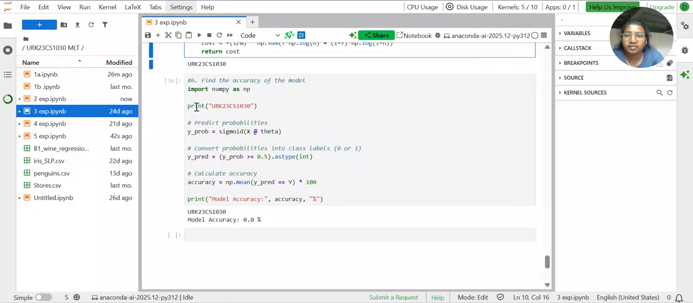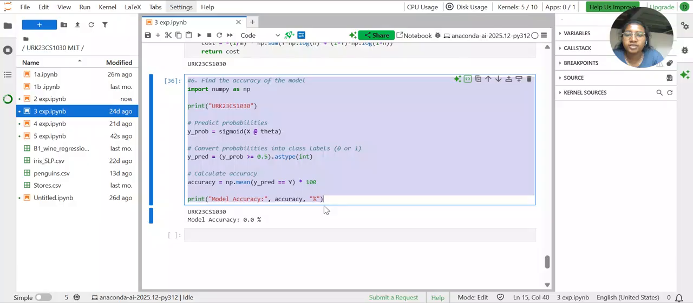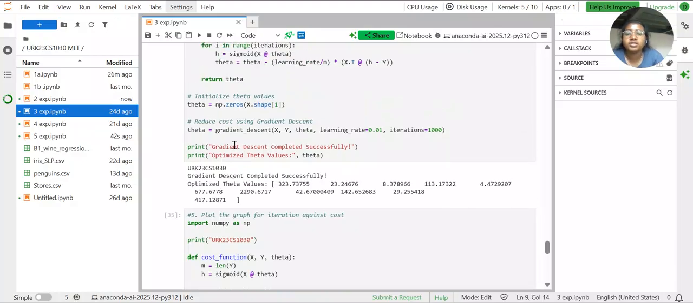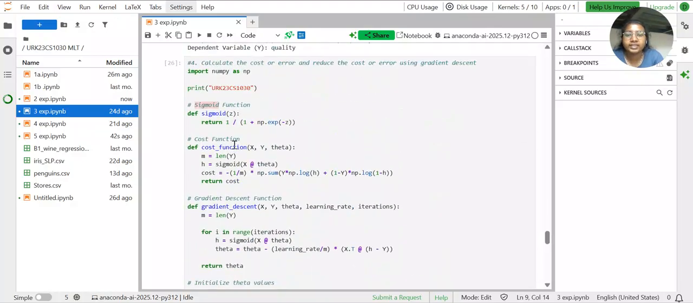And sixth, I have found the accuracy. I calculated the accuracy of the model by comparing the predicted value and the actual value. And the conclusion is, in this experiment, I have implemented a linear regression